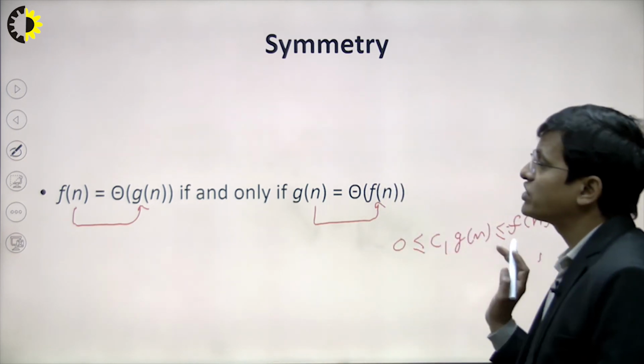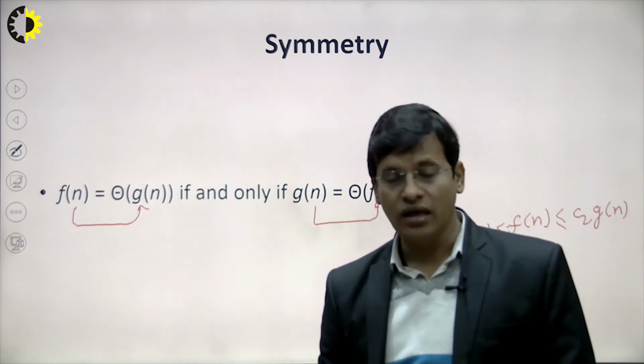This is the sandwich between this function theta. That's why this property is following. Now we see